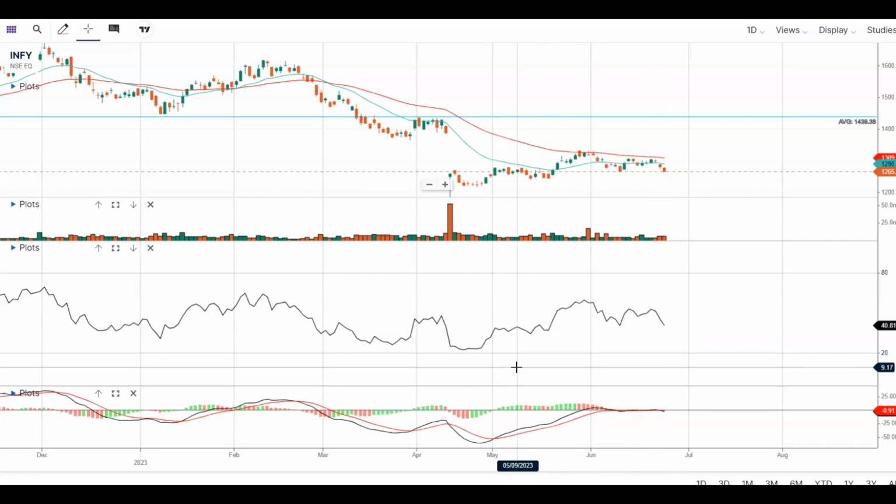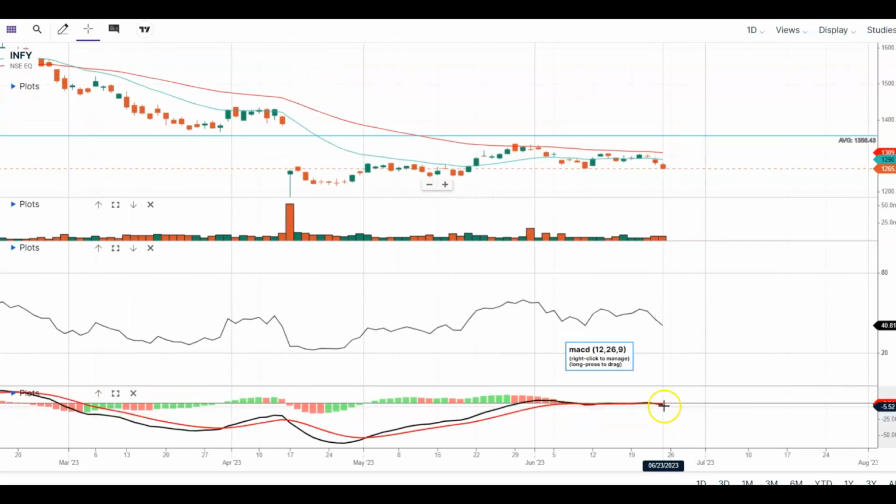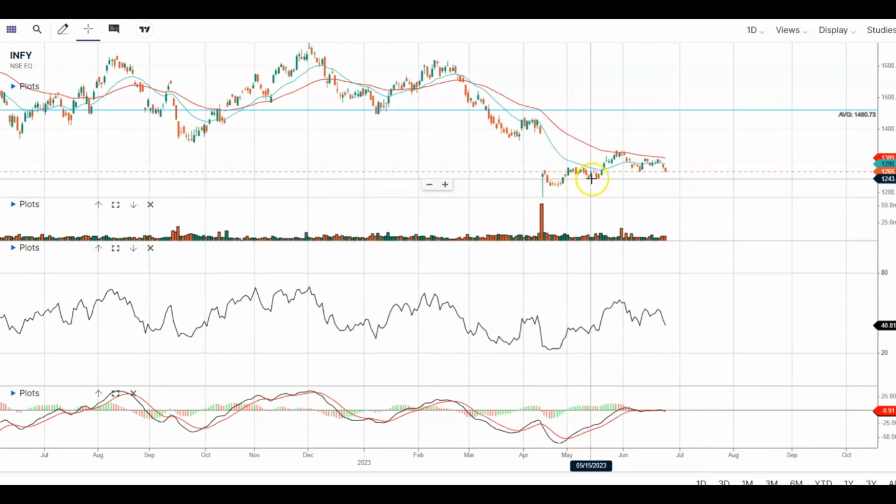So nothing can be said about this stock as of now. The only thing is once it moves below the 30 mark in the RSI, then we can say that the stock has almost bottomed out. But if you look into the MACD line, this black line has crossed the red line in the downward direction. So there are fair chances of this stock getting to 1240